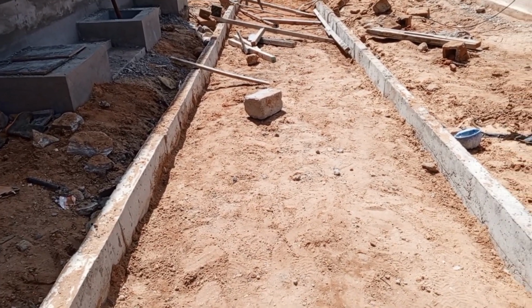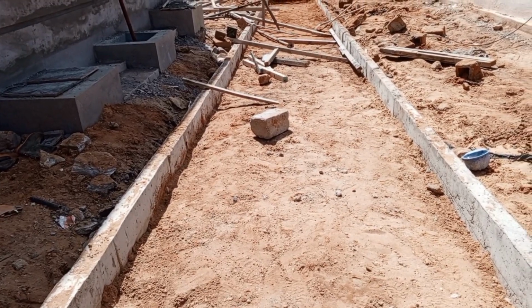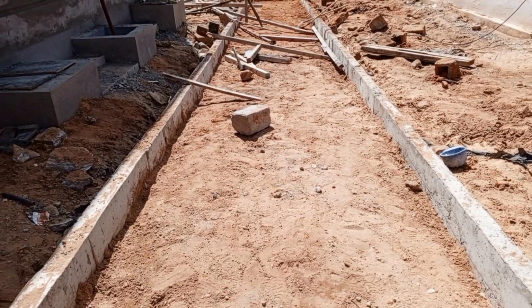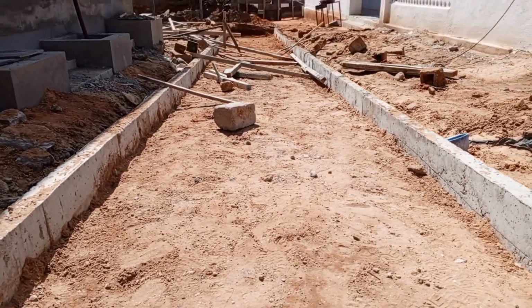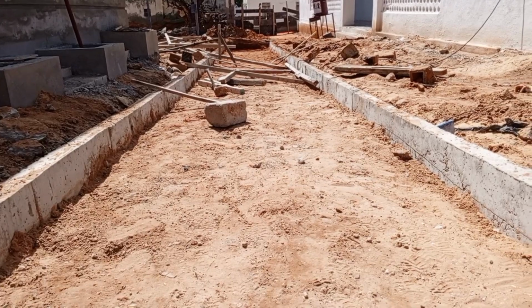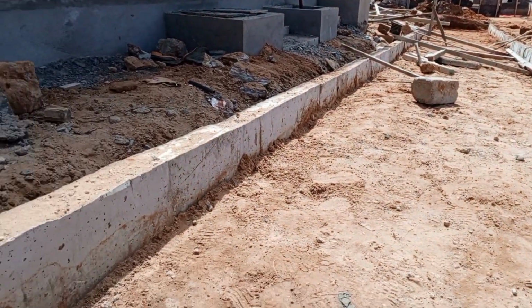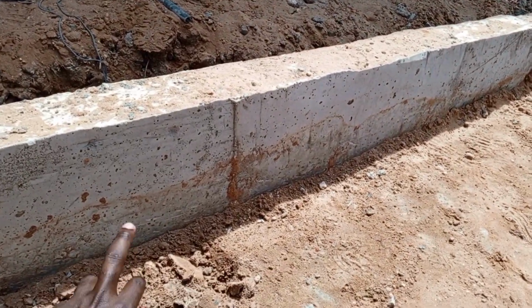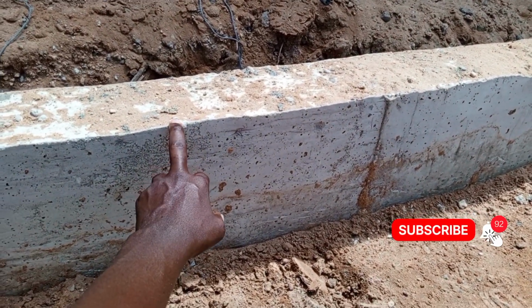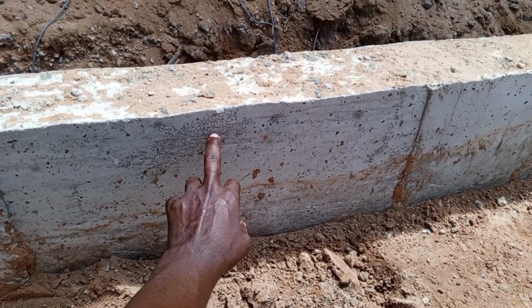These cast in situ concrete channels are just to enclose the other layers that will be put in this space. As you can see, they have already done some cut away of the soil such that they can remain with the depth of the layers. Let me just demonstrate. This is the top of the cast in situ channel. From the top of the channel, they will have a 5 centimeter